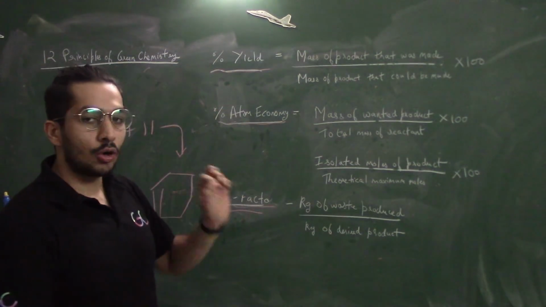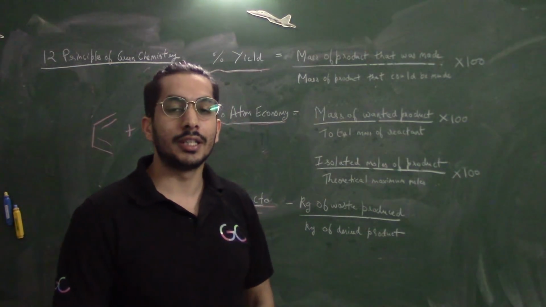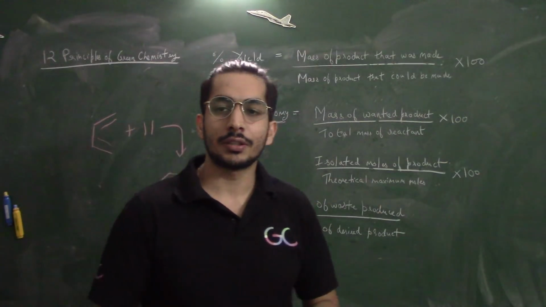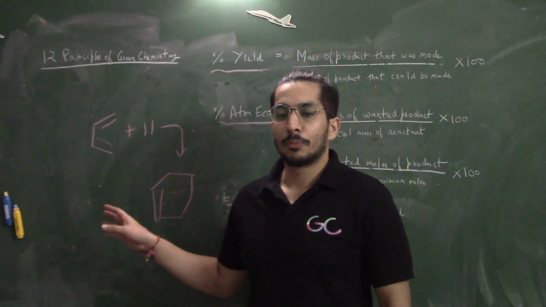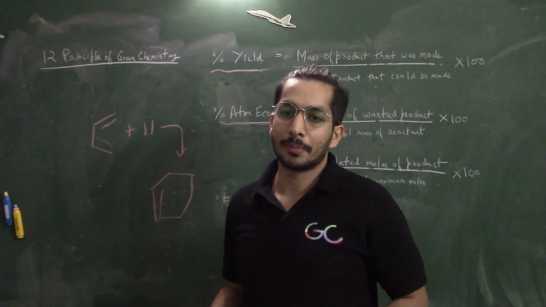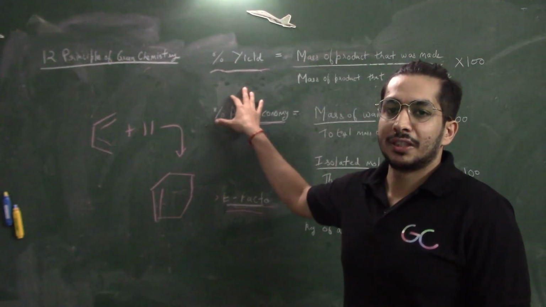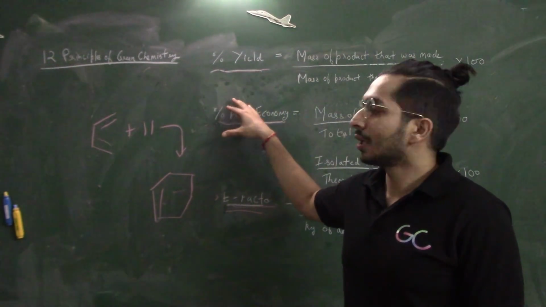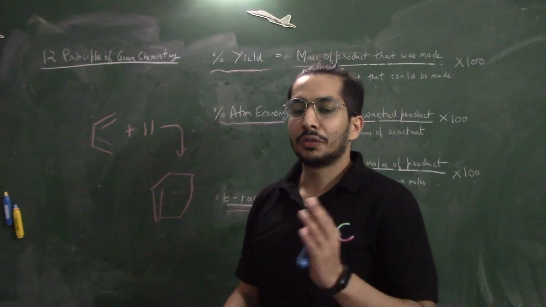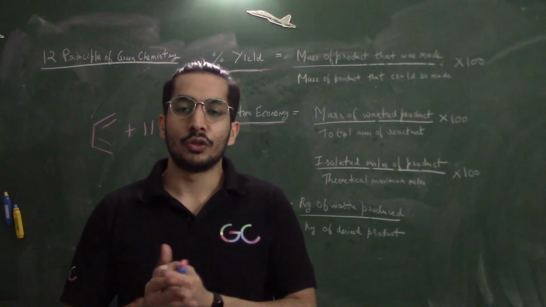But the important point over here is that the percentage yield does not tell us anything about the green principles of the reaction. Like I gave you the example of the Wittig reaction, because over here we are just comparing the desired product. We are not comparing what the byproducts are. So this is not a very good metric to tell whether a reaction is efficient or green or not. Atom economy is something that is very important. So these were some of the metrics that I felt were important from the point of view of green chemistry.